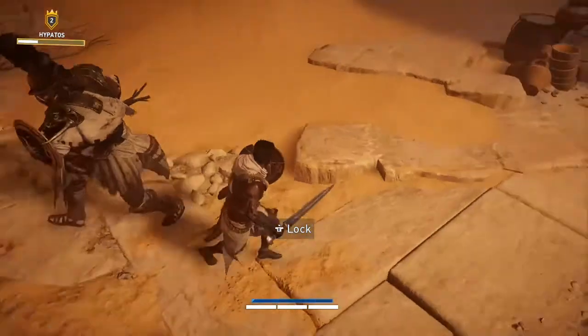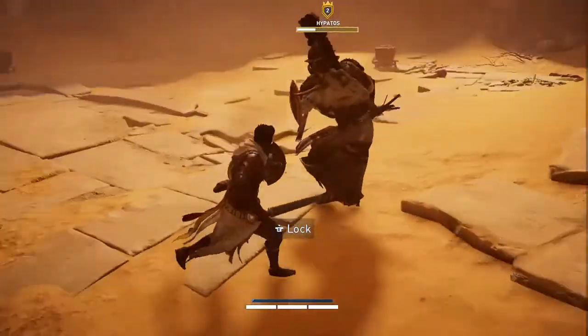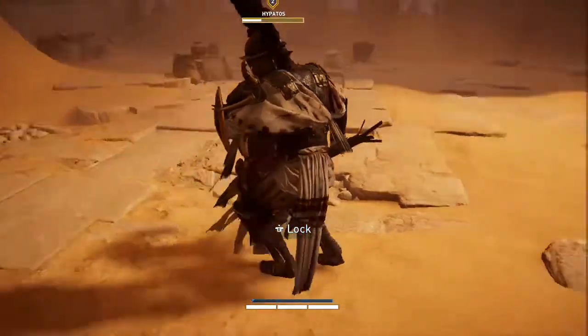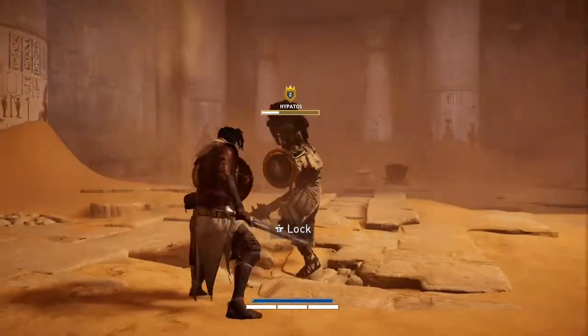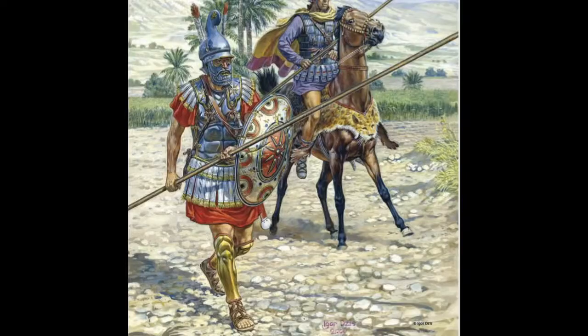Now let's get into the kind of shield this guy is using. This is an ancient Greek or Macedonian shield. It's called a pelta, which just means light shield. And they really were this small, about 64 centimeters in diameter, or 8 palms if you want to use the ancient measurements. Now these shields were designed for one thing specifically, and that was to be used by phalangites